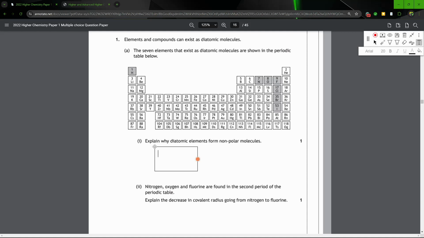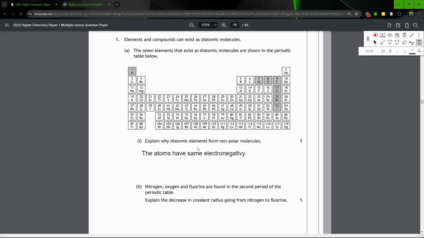And that's because the atoms have the same electronegativity, and yeah, that's it. And the reason is, okay, I can't actually spell electronegativity apparently, but the reason for this is